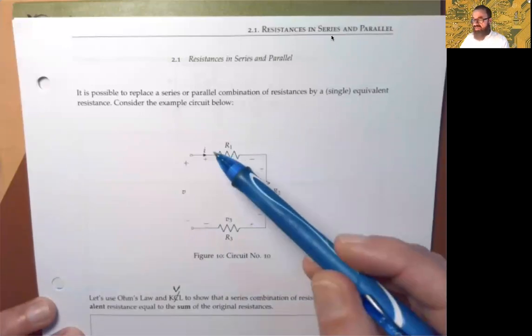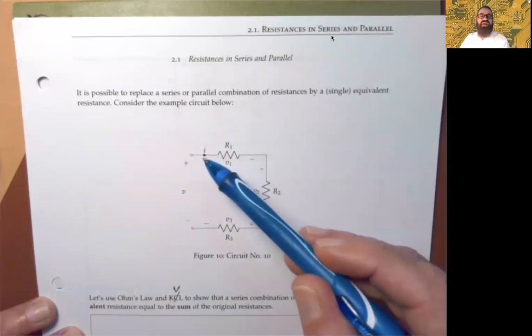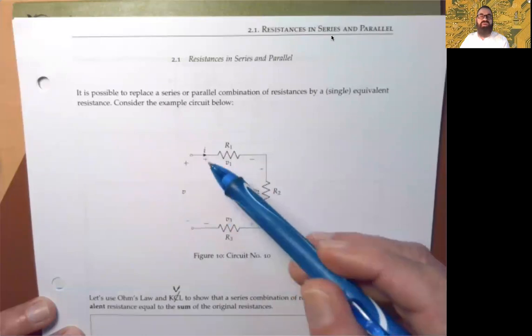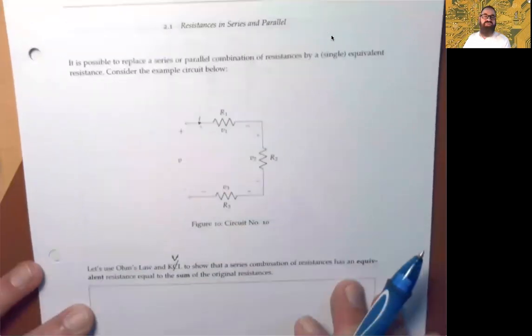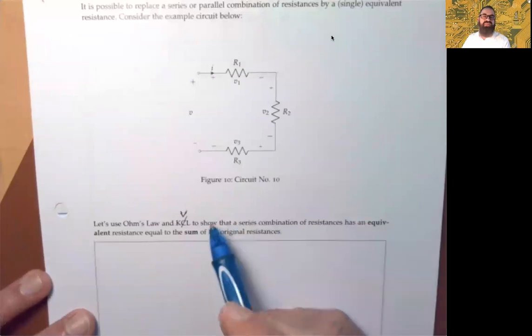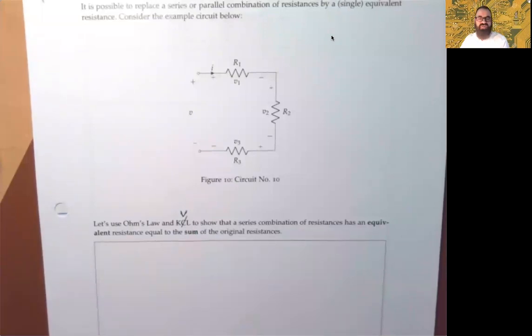So what we have here is three resistances in series. You can see they're end to end, daisy chained together. And so therefore we have one current flowing through this resistance to that resistance, indicated by I. And what we're going to do is use Ohm's law and KVL, little notation, if it originally was KCL in the notes, I changed it. We're going to use Ohm's law and KVL to show that a series combination of resistances has an equivalent resistance equal to the sum of the original resistances, which is going to help us reduce the complexity of the circuit,